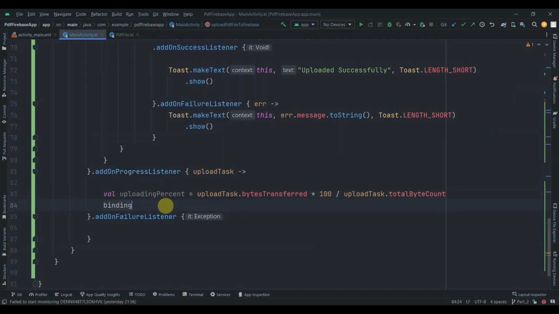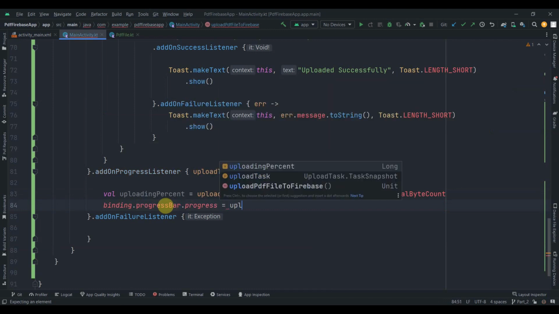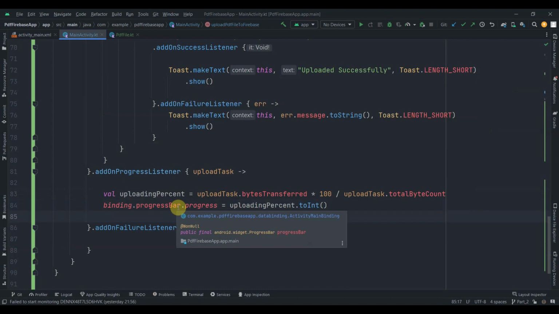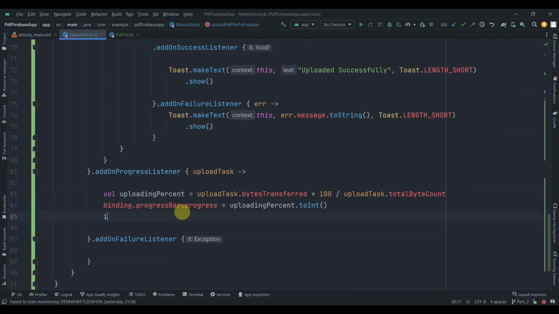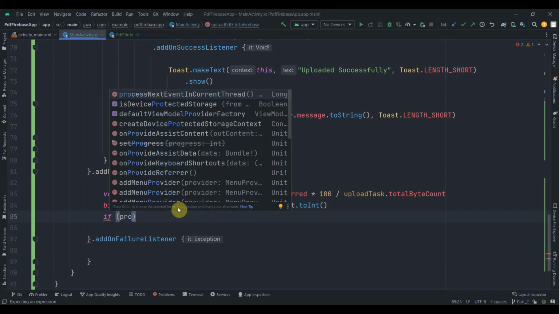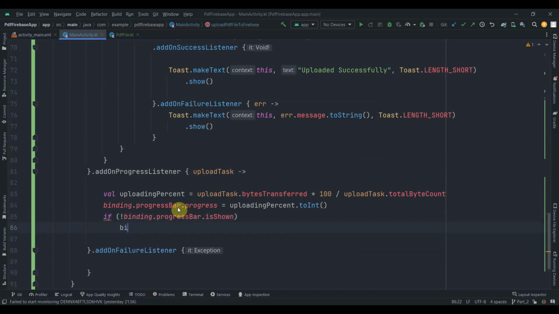Then we can just set this to our progress bar. So progress equals uploading percent dot to int. Cool. And here we can display the progress bar. So here we'll have one check if the binding dot progress bar is shown. So if it is not shown, we'll make it visible. So dot visibility to view dot